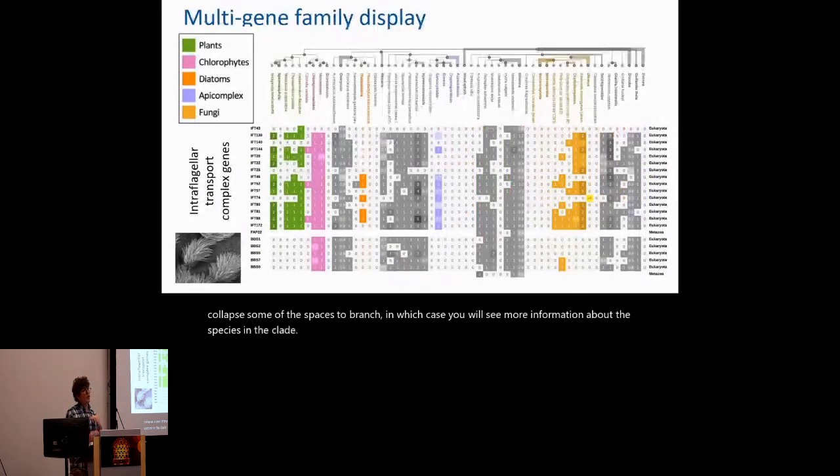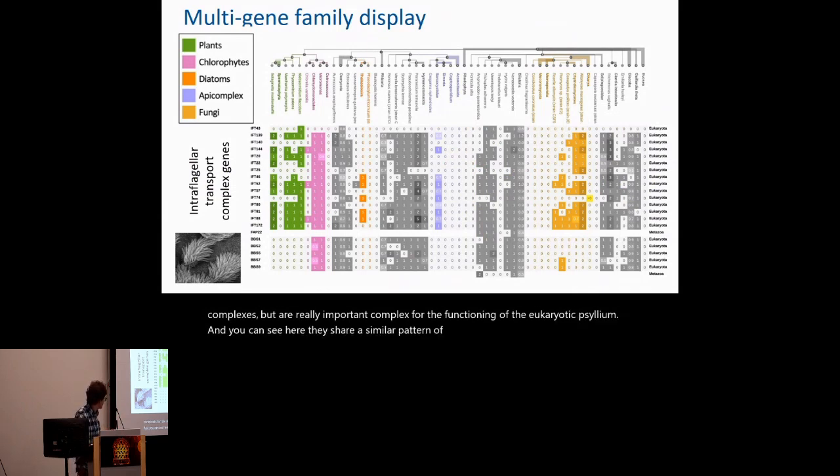Matreex can also be used to compare different gene families that are non-homologous, which can be interesting, for example, to find coevolution patterns. So here I give the example of non-homologous gene families that are all involved in the intraflagellar transport complexes that are really important complexes for the functioning of the eukaryotic cilium. And you can see here they share a similar pattern of